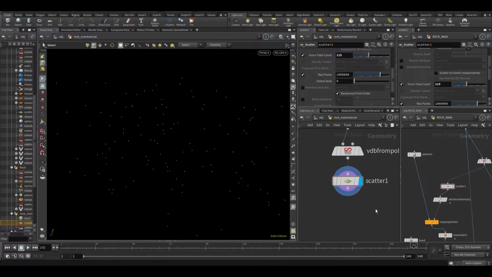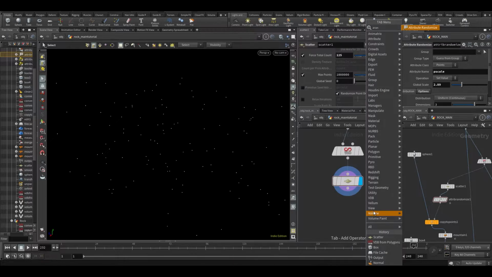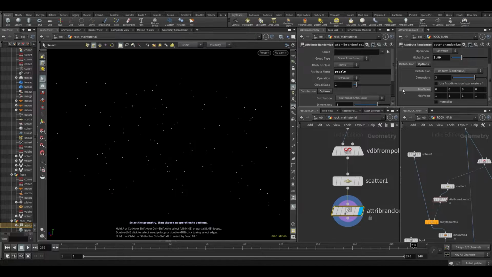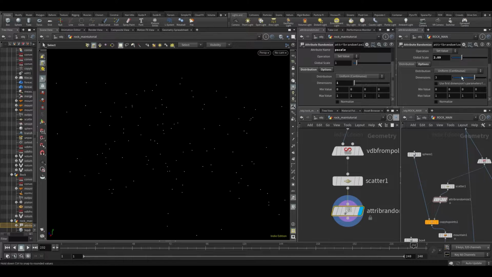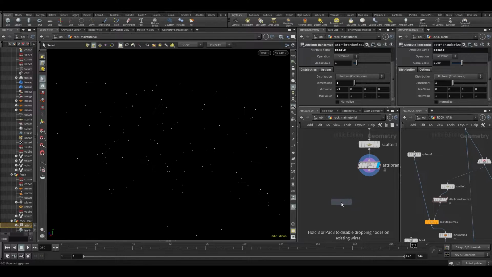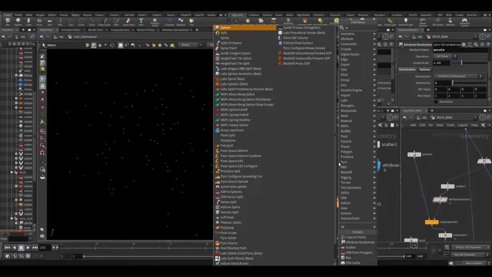And then we're going to copy some stuff to it. But not before we attribute randomize the p-scale. So all of these techniques we've already used, so it's pretty straightforward. So randomizing the p-scale, 0 to 1. Maybe we don't want it to be actual 0 to 1, just maybe 0.1, so we don't have too small pieces. Let's copy the points. We don't want to pack it in this case because we need to do some geometry